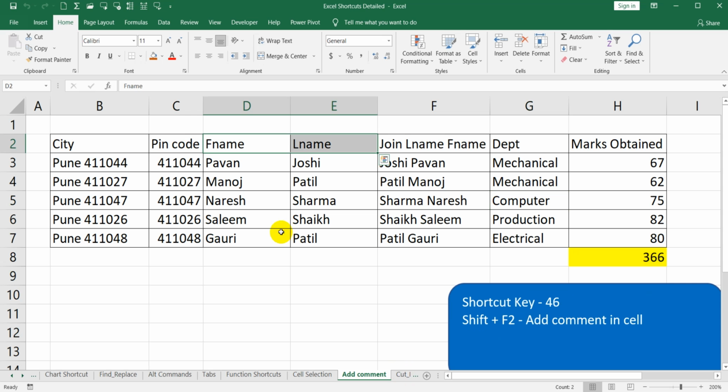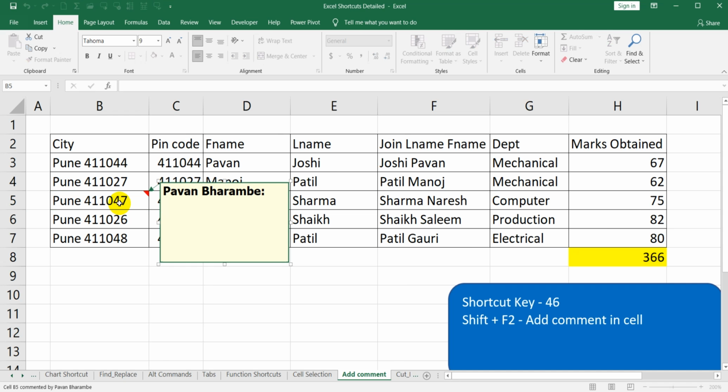Next, move on to add comment. If you want to add any comment in the cell, we can use Shift F2. Let's say I want to add a comment in this B5 cell, then we press Shift and F2, and you can see the comment is getting added.